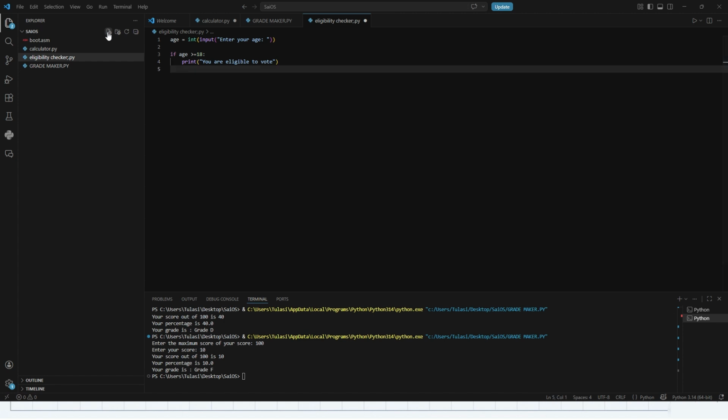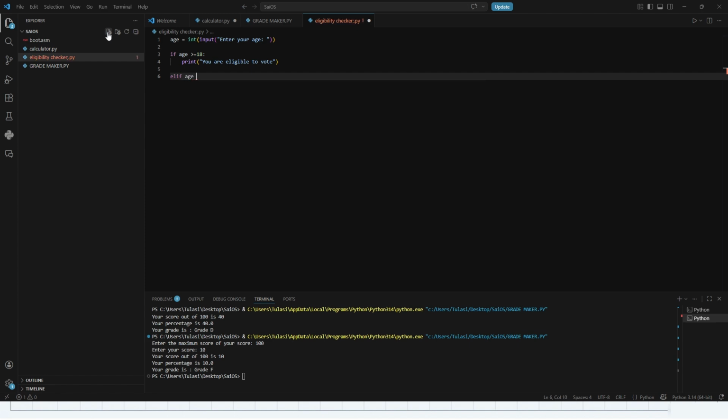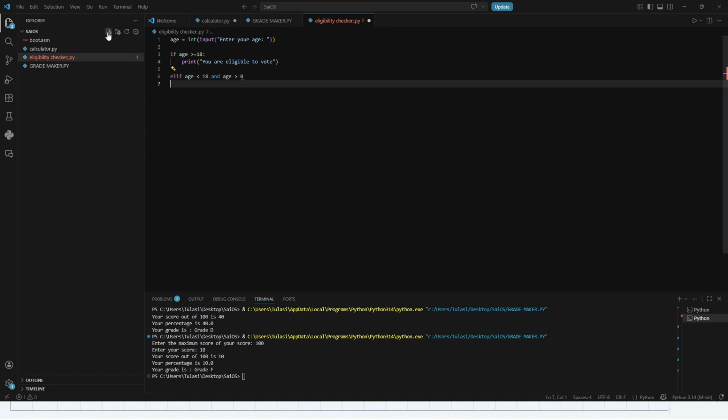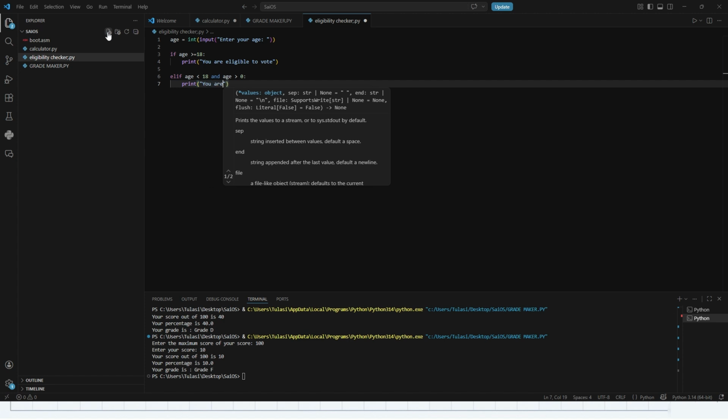Or else, if the age is less than 18, and at the same time age should be greater than 0, then you need to print that you are not eligible,